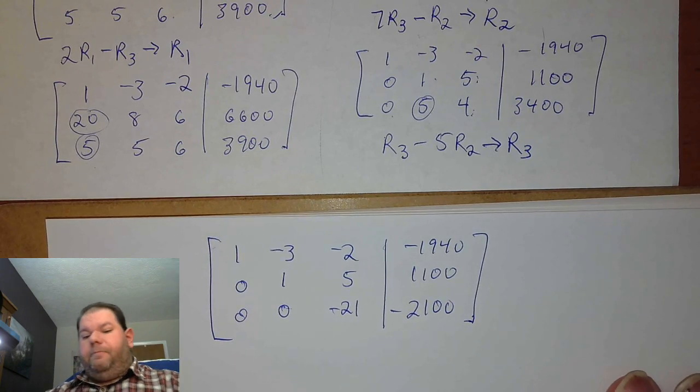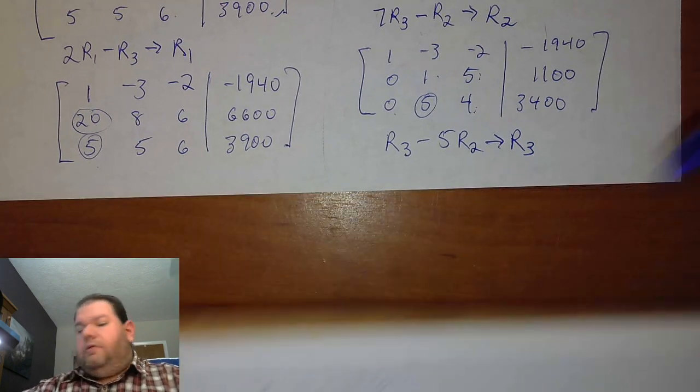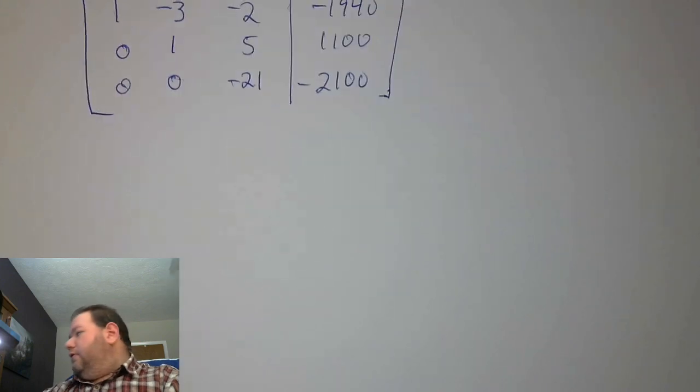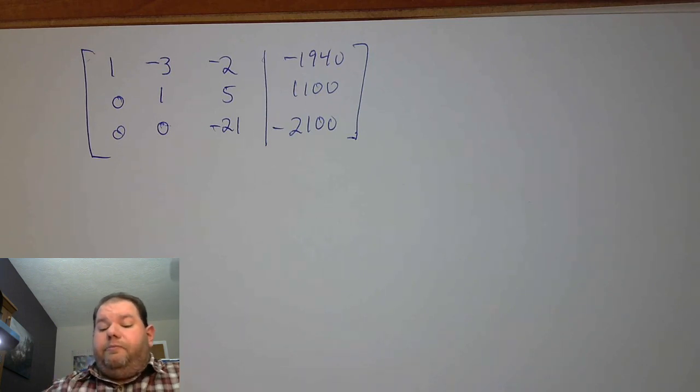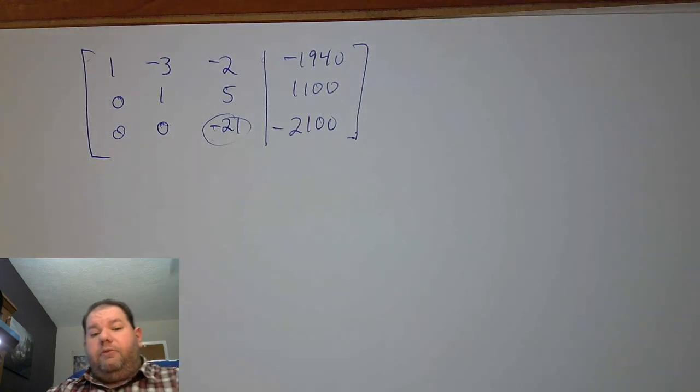Okay. So that takes care of our last operation there. And now we keep going. Now, next thing we need to do is make that negative 21 into a 1. And by the time we get to this step of the process,